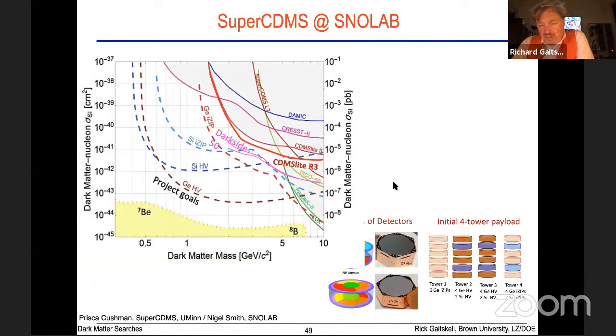I think specifically SuperCDMS at SNOLAB is working its way towards operating multiple towers of these kilogram scale germanium and silicon detectors, and if they operate specifically in this high voltage mode, they are able to push, as you can see here, this is 10 GeV, so this is right at the extreme of what the conventional operation of the noble experiments does, although you see here DarkSide and also the xenon will push into the lower masses when operated in the ionization only mode, but you can go much lower with both the silicon and the germanium